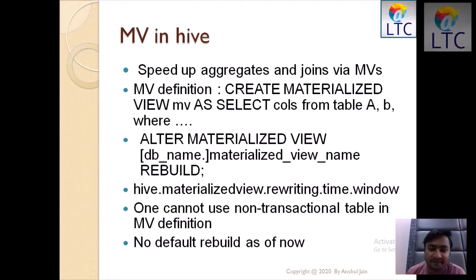So what benefit are we getting? First, we are getting results quickly. We don't need to calculate the same result again and again. Also, I told you in the previous lecture that Hive 3 has a query caching technique, where if you are firing the same select query again, it caches the result and shows you those results again instead of going to the table and scanning the complete table again.